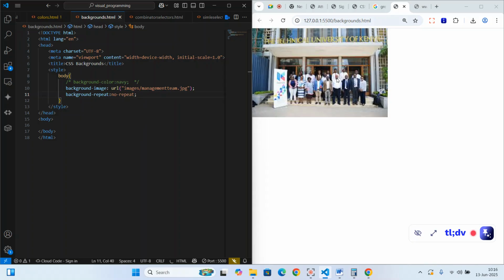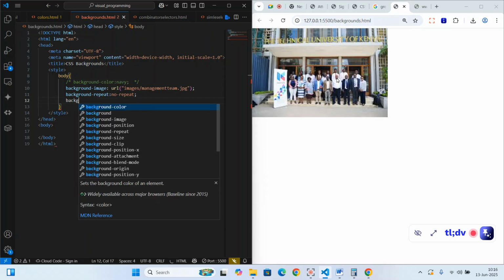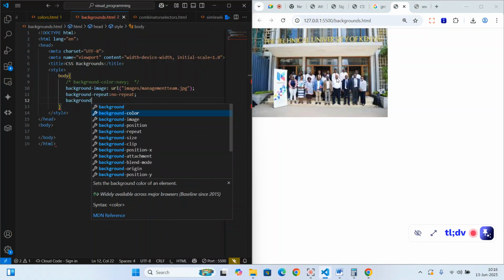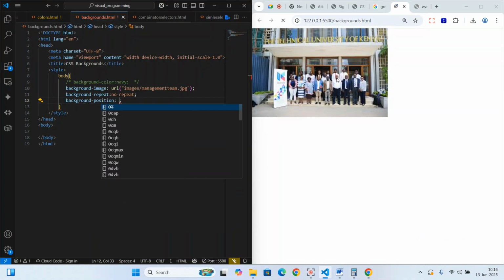You can decide to use it to fill the page. You can put the background position and so forth. For now, I'm only going to focus on the background position. So I want to put it on the extreme left. So background position,